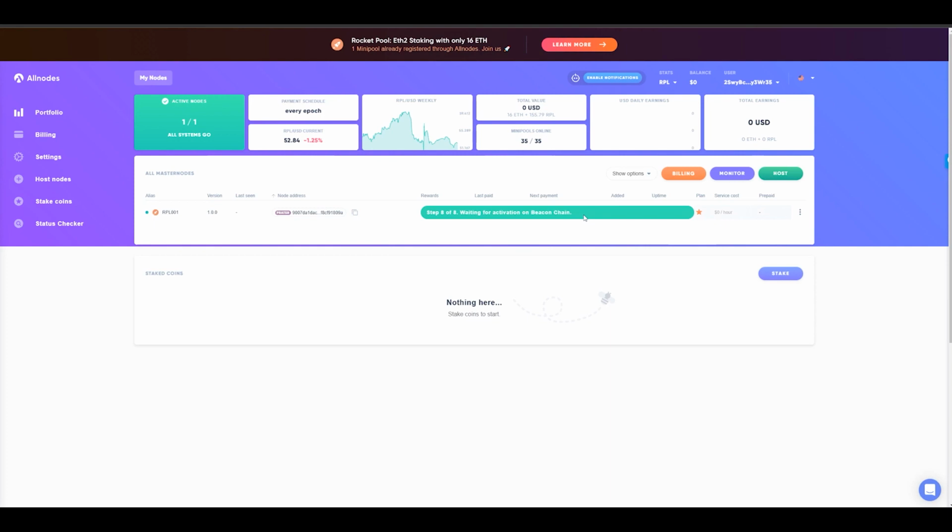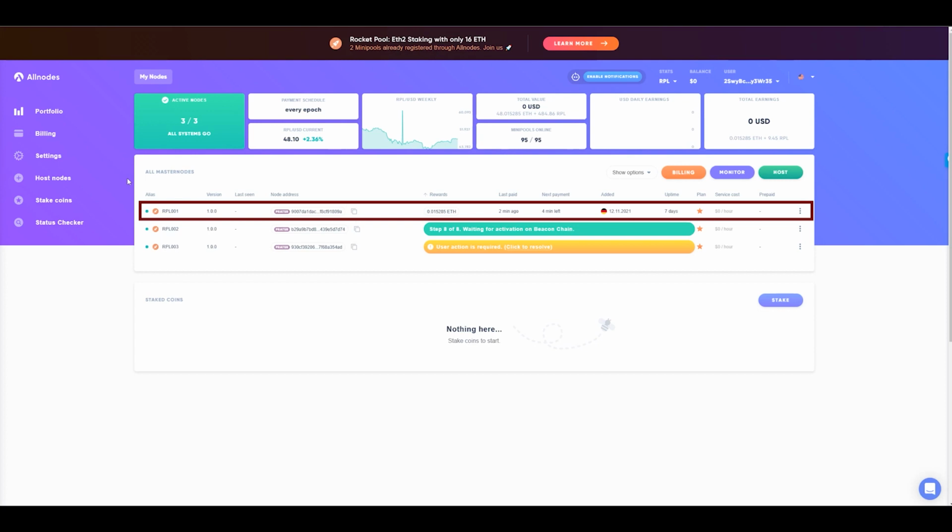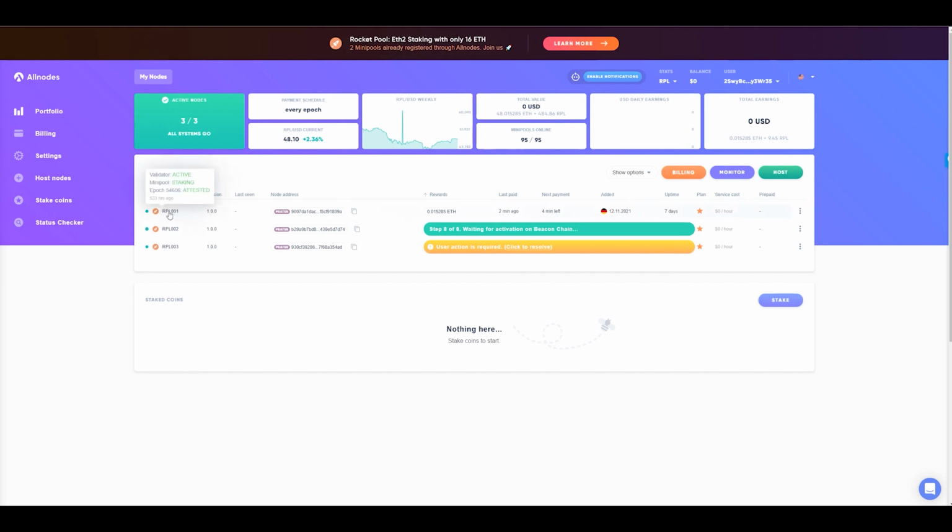The setup of a Minipool is not cheap when gas prices are high. It can be as low as $500 altogether and as high as $3,000 or $4,000 in fees. Let me show you how a working and activated Minipool looks inside the Allnodes portfolio page. Here you see a Minipool that I created a few days ago for testing purposes. Over here you see that your validator is active and the Minipool is staked. You can also see how many rewards you're getting and some other helpful info.